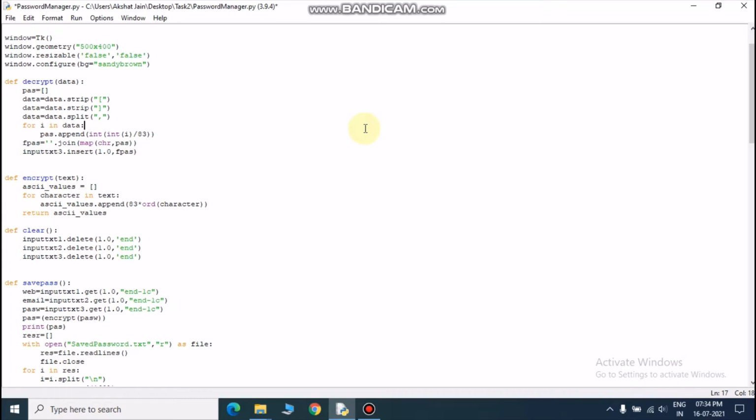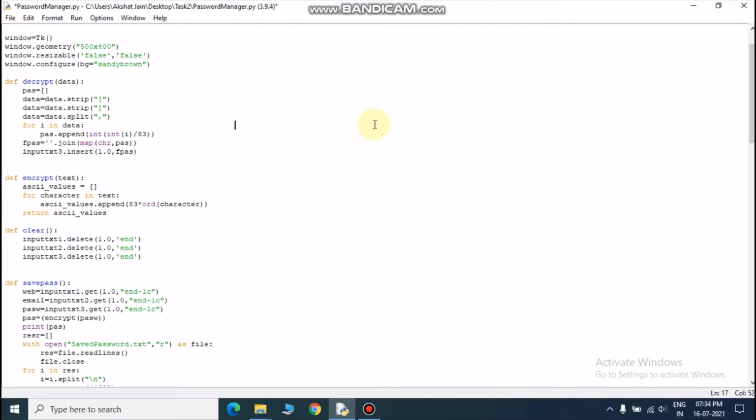Suppose let's make an example. Suppose I have a list which has values 1, 2, 3, 4 and 5, and I want to multiply all of them by 2. One way of doing it is to run a loop and multiply all of them by 2, and another way of doing it is to just use map and type 2 comma this list, so it will multiply each element of that list by 2.